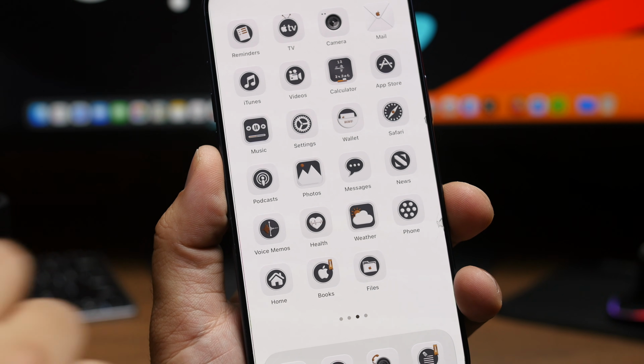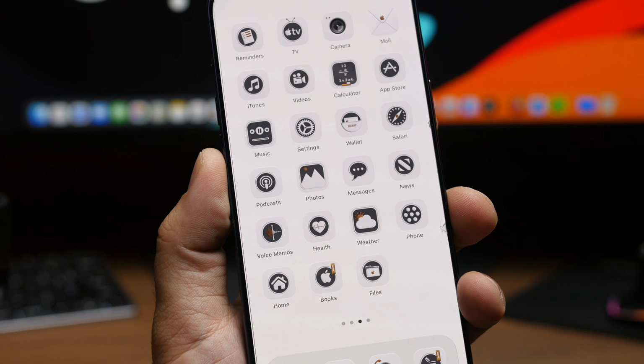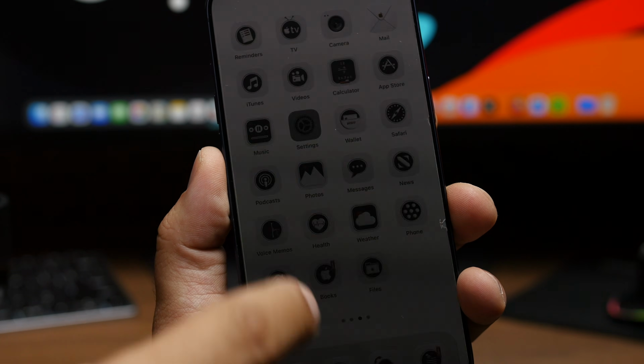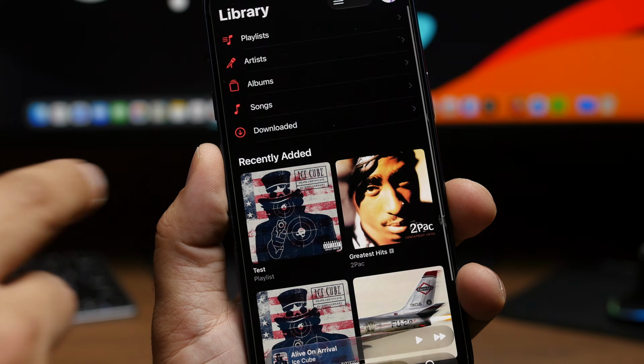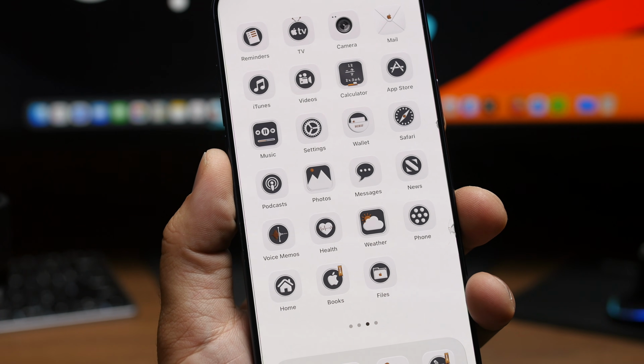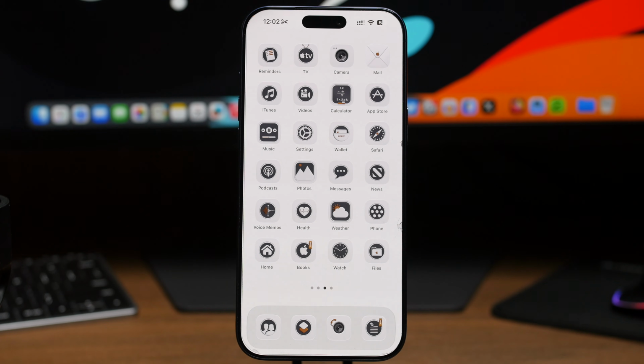Having a really cool theme like this on your iPhone has never been easier. You can actually install this with one click on your device. It's very smooth, it looks really good, and of course it makes your iPhone look totally different. So in today's video, I will show you guys how to achieve this, and as you will see, it is